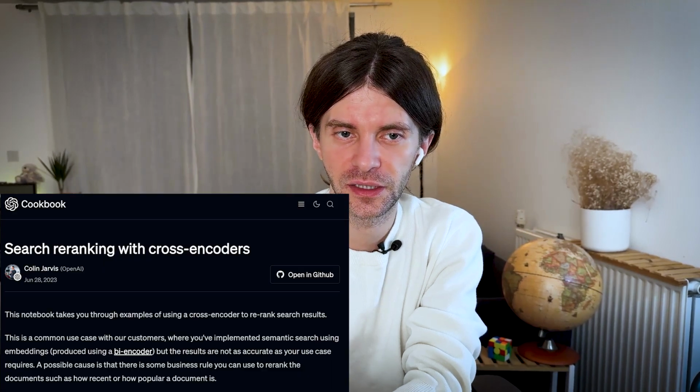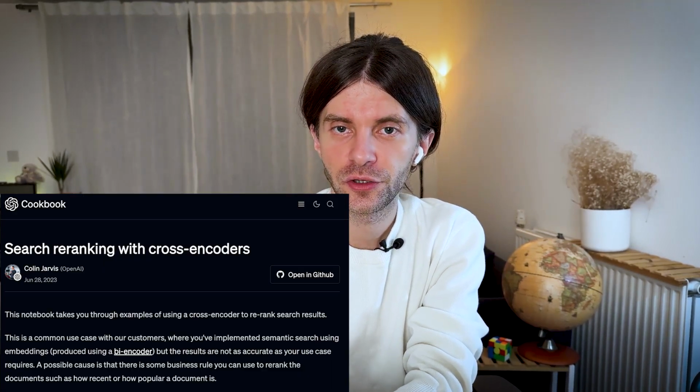So in the second step, you would take the query plus the text of the document and feed that into a model that can calculate whether this query can be answered in this document. This is called a re-ranker. How is that called? Like cross-attention or something like that. Cross-encoder.